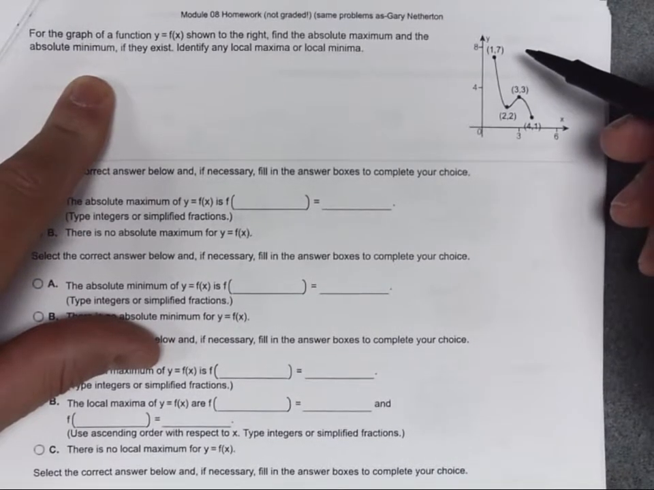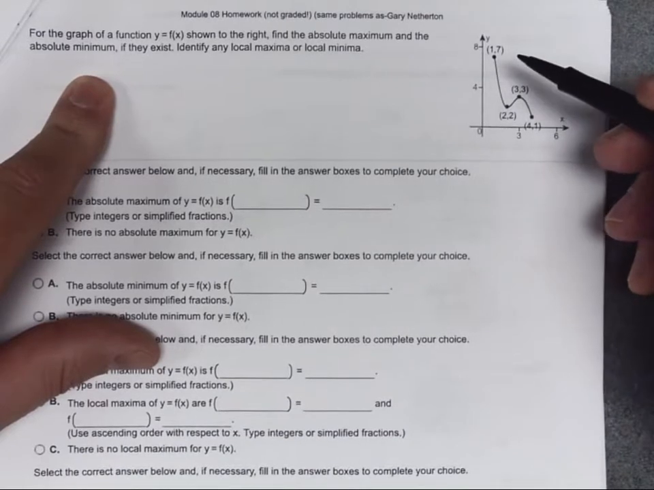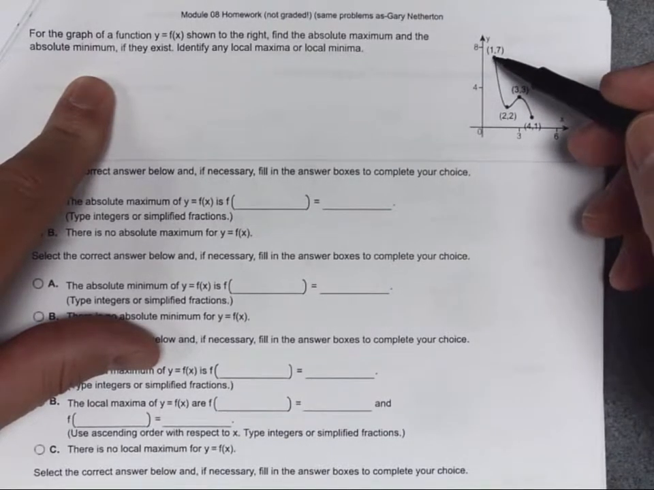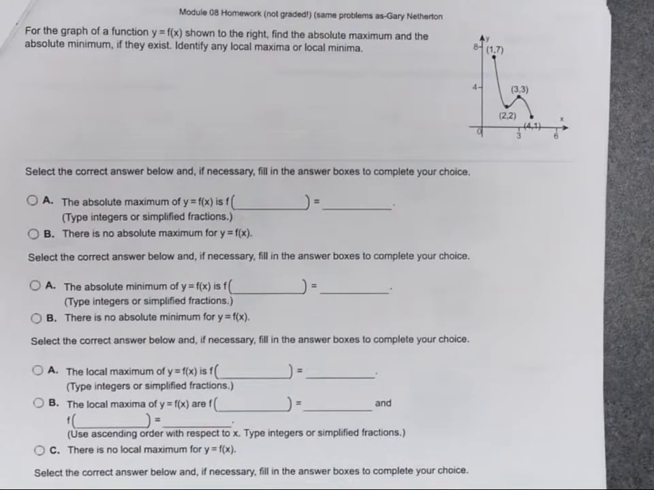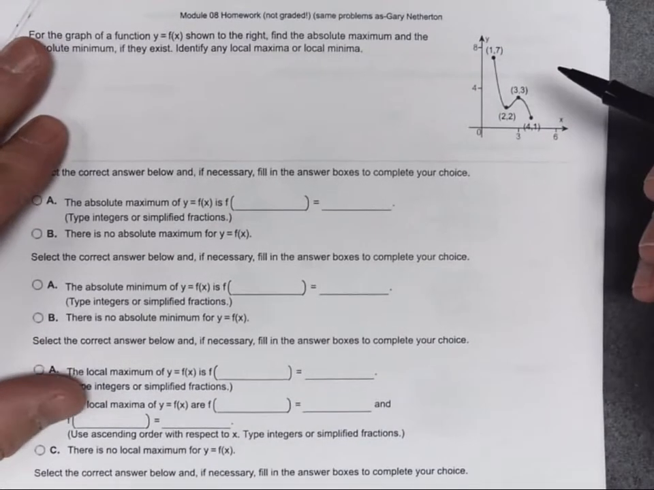Identify any local maximum. So absolute maximum and minimum are like the edges of the graph. If the edges of the graph are the highest point, those are called absolute maximum and minimum. But if in the middle of the graph you have a peak or a valley, those are called local maximum or local minimum. So if I just look at this, before they even ask me the questions,